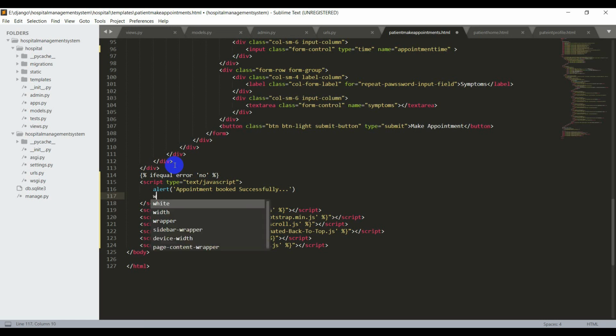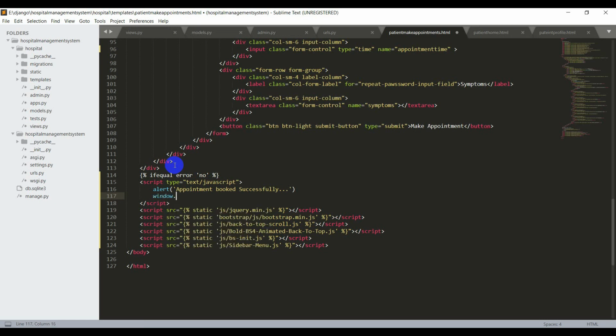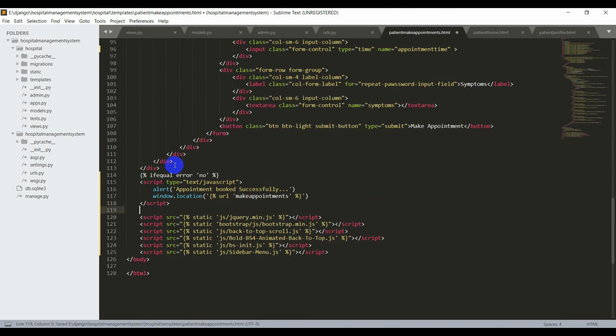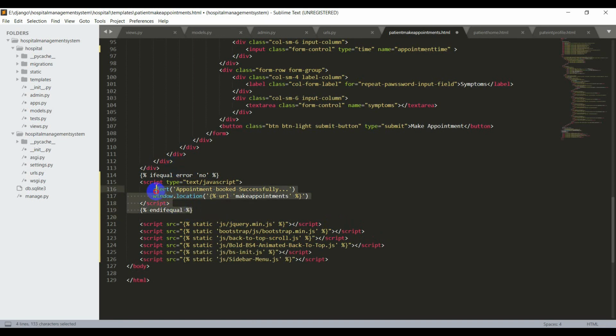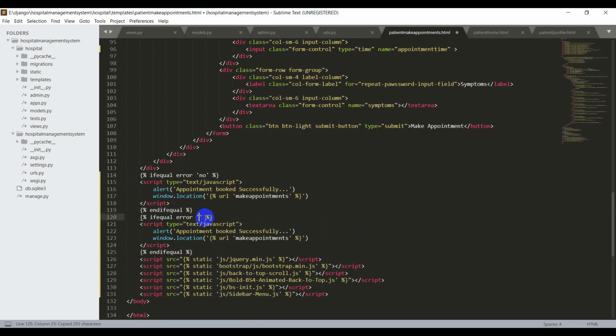For that, I'll say window.location is equal to braces percent url make appointments, and close the script, and also endif. And if there is an error, I'll simply copy this and say error is yes. And I will not redirect to any page, so I'll remove this and I'll give an alert that says something went wrong.